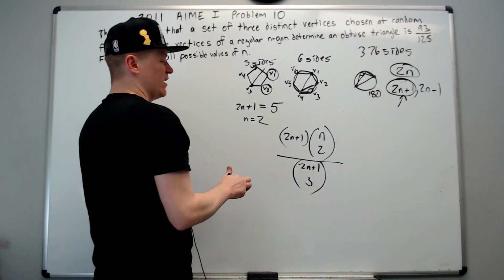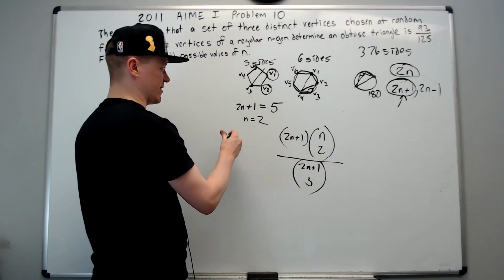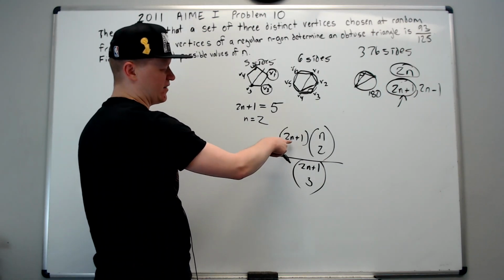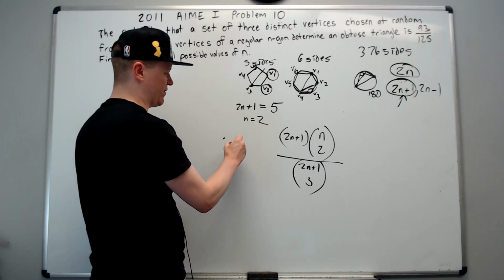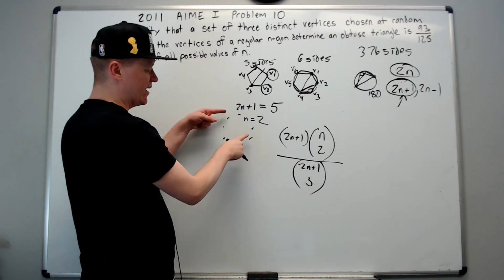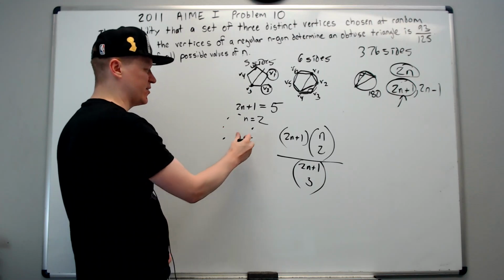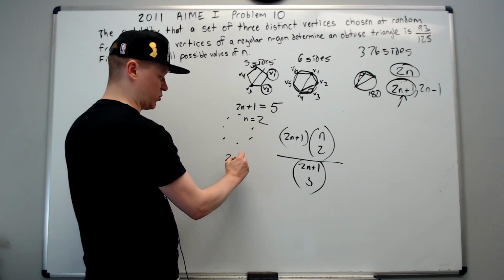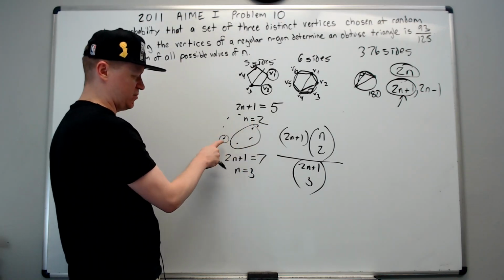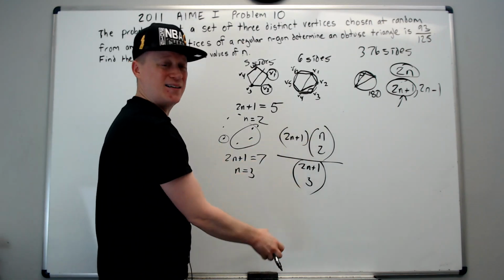Okay, so let's make sure this works out. If I had 7 points, for instance, like I don't want to draw a septagon or heptagon, however you want to call it. If I did though, I would have 1 point and then 1, 2, 3 that I could choose from. Notice there would be 1, 2, 3 going this way. So 6 other points besides the 7th point, 3 on one side of the diameter, 3 on the other. And for 2n plus 1 equal to 7, n would equal 3. So these 3 points, assuming this is the leftmost point, would be equal to n. So this is valid. This works.